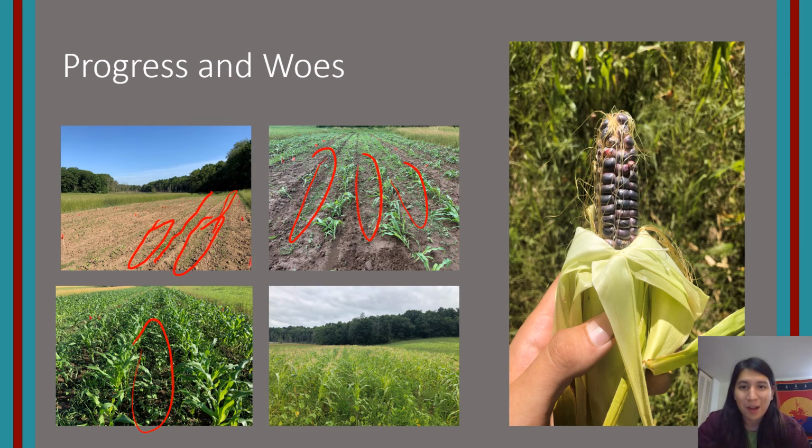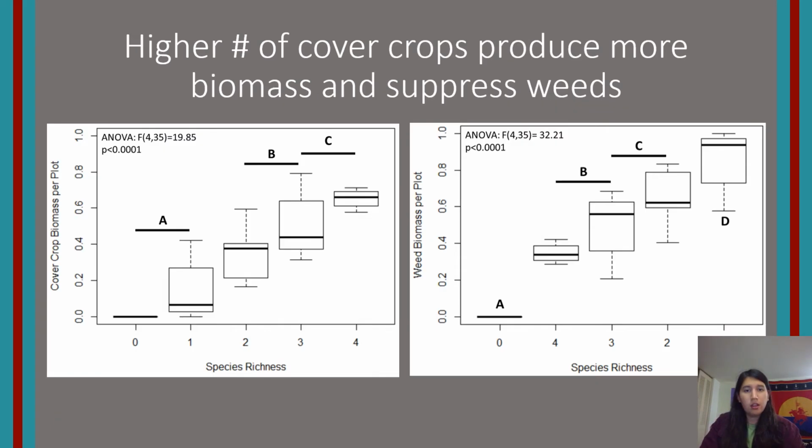Here's just one of the cobs that I was able to nab from one of the raccoons, and it's really nice and it's really pretty, but it's just a shame that we couldn't measure that yield. But we still measure stuff like biomass and height of the corn, so we have some sort of idea of what yield could have been, or how well the plants did overall. And so generally, as I mentioned, we have these different combinations of cover crops growing between the corn.